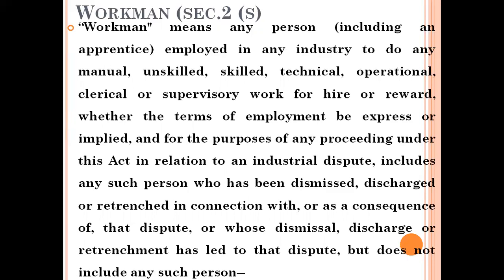According to section 2 subsection S, workman means any person, including an apprentice, employed in any industry to do any manual, unskilled, skilled, technical, operational, clerical, or supervisory work for hire or reward, whether the terms of employment be expressed or implied, and for the purposes of any proceedings under this Act in relation to an industrial dispute, includes any